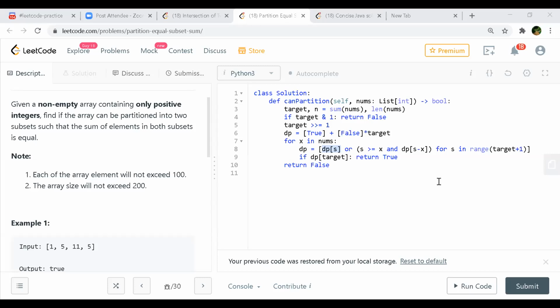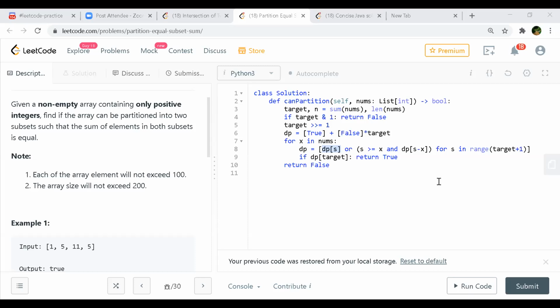Now I was thinking, if we are not able to visualize it this way, then if we look at the recurrence relation, T of entire sum is equal to T of x, whatever time it takes, plus T of s minus x. So even if we solve that, it will be in a power of... No, I mean, we should look at the number of states, right? Yeah, the number of states we are taking. So I think in the worst case the complexity would be n square into the maximum possible element of the array.